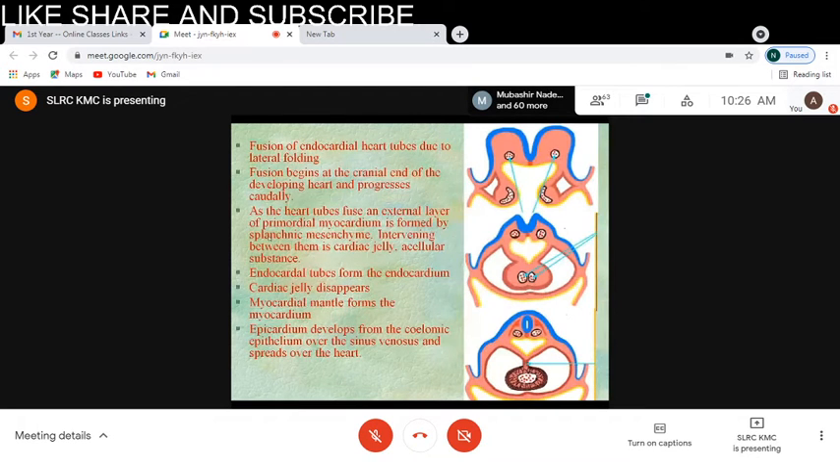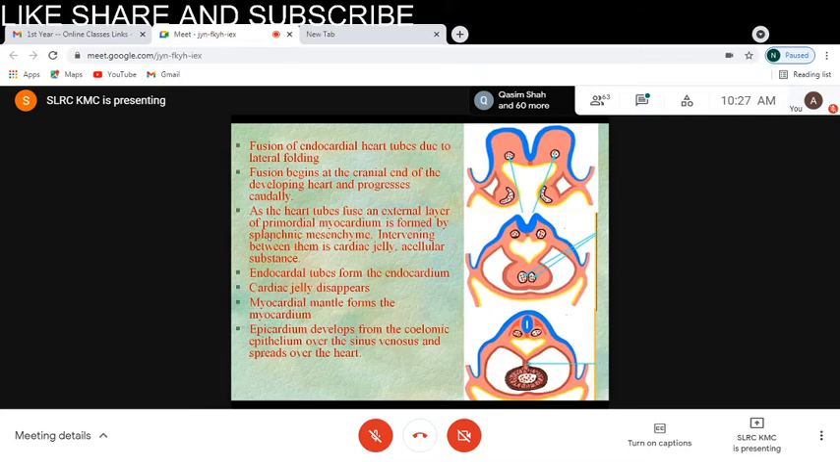नेक्स्ट स्टेप इज द फ्यूजन ऑफ द हार्ट ट्यूब्स ड्यू टू लेटरल फोल्डिंग। अब ये फोल्डिंग वाला प्रोसेस 4th वीक में जनरल एम्ब्रियोलॉजी में आपको पढ़ाया गया होगा, फाउंडेशन मॉड्यूल में पढ़ाया गया था कि नहीं? Yes, sir. Now, the embryo is a flat disc, slipper-shaped disc,